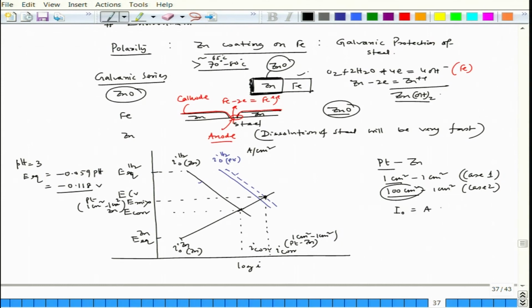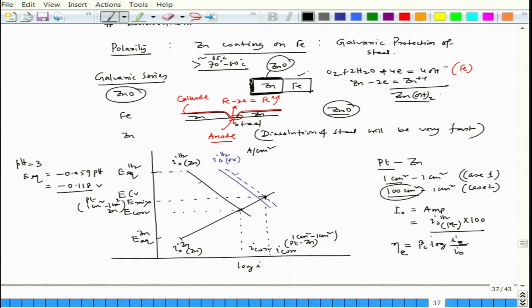How do we get it? This is gotten by I 0 hydrogen on platinum surface times 100 centimeter square. So, this would be my I 0, and that Tafel equation would also remain the same. Only thing is we have to multiply I 0. So, that is basically overvoltage. If we consider cathodic, beta C log I C by I 0.